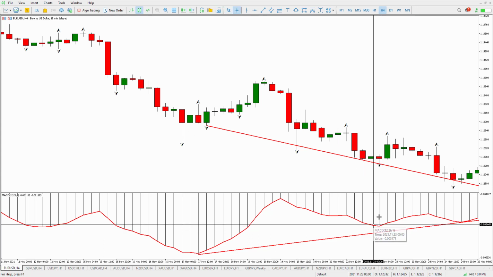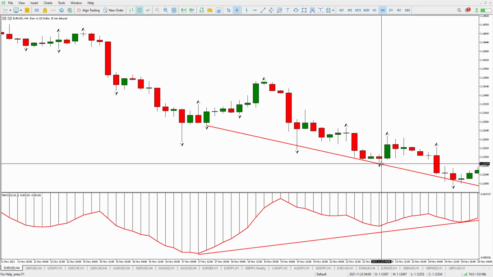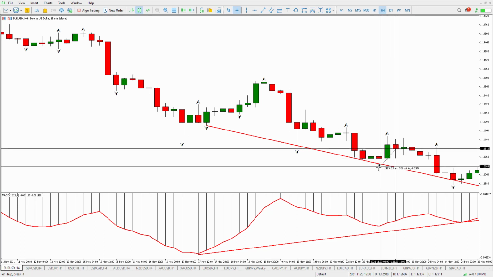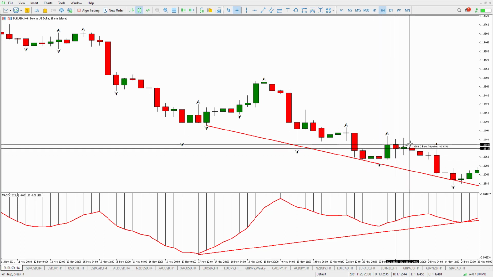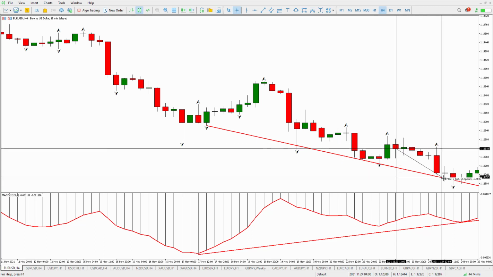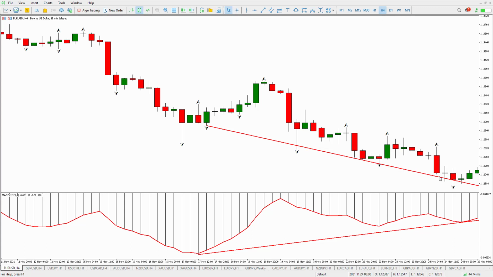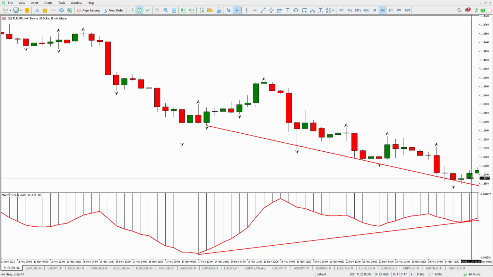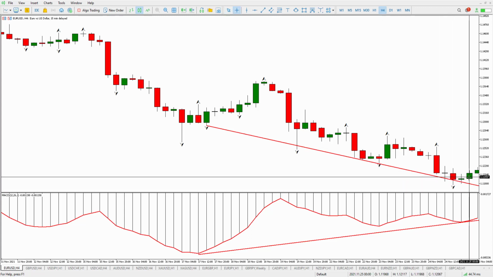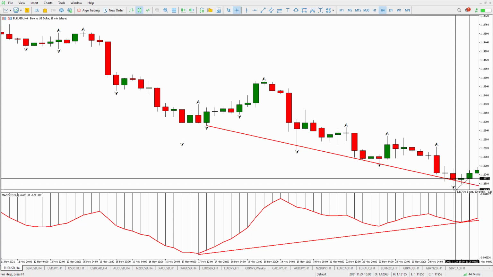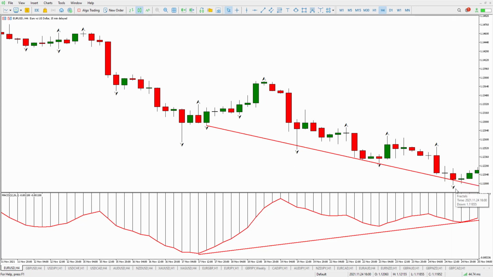Okay, now you've got a fractal here, so that could mean that you would have an entry here, stop loss right here, and you might have gotten stopped out here if you didn't close your trade earlier. But even if you got stopped out, then you have another entry signal with this fractal. Okay, that's where you make your entry. You place your stop loss below this candle, which is about 20 pips, and you're looking for a reversal,